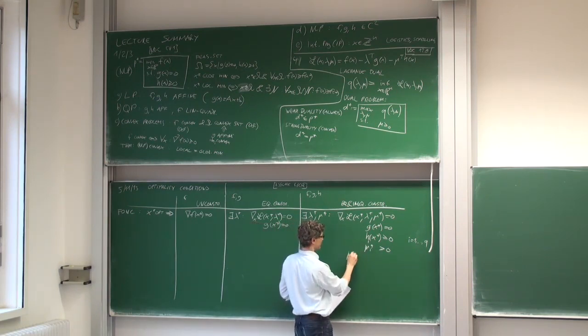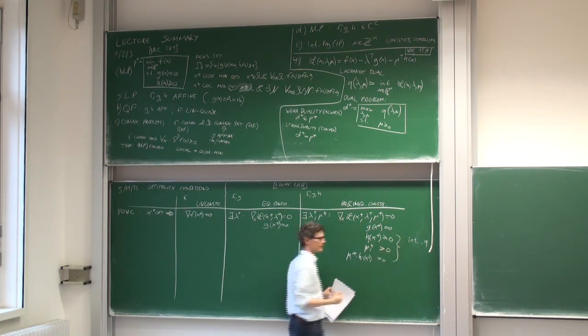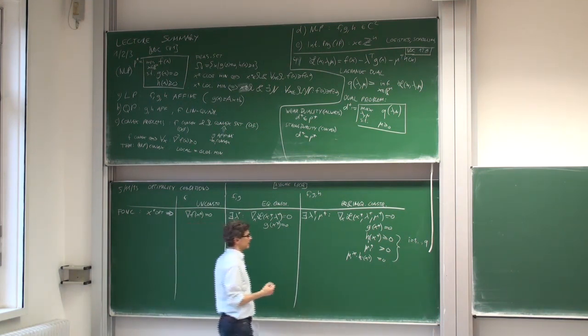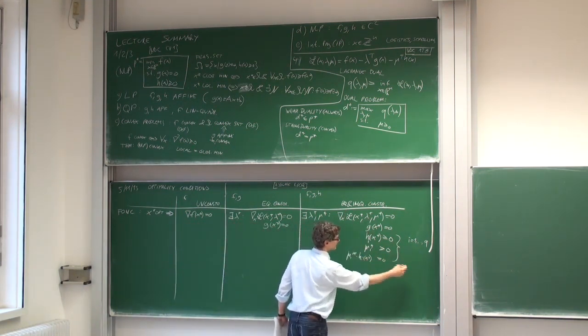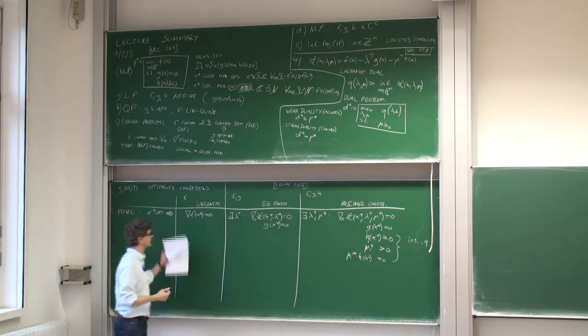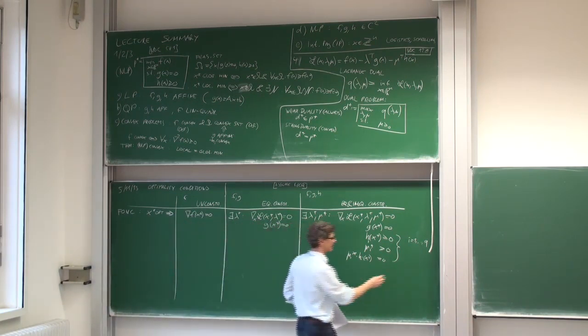So the mu i star times h i of x star should be equal to 0, and all these three conditions should hold for all indices i. That was the reason why we had so much space here on the right. You see how simple it is for the unconstrained case and how complicated it gets for the